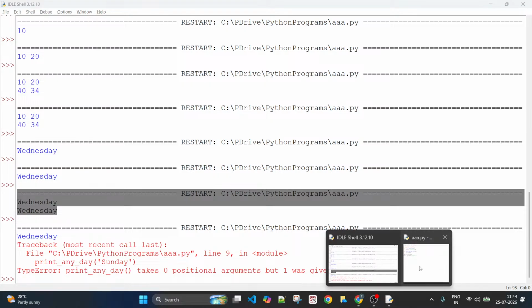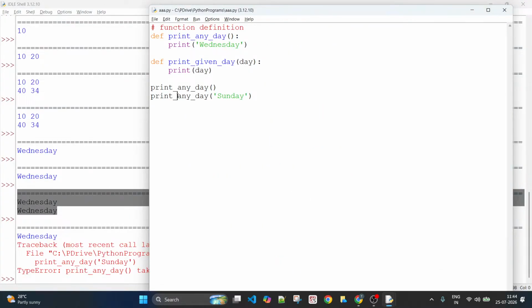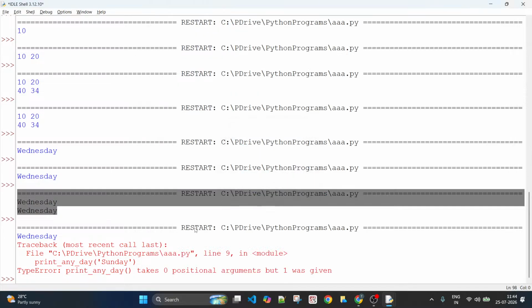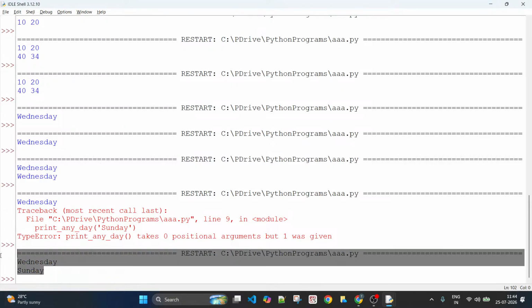I made a mistake. This is not any day, but this is given day, right? The function name is given day. I am supposed to call this function. I'll come to that error again because I have to explain that error anyways. So you see Wednesday and Sunday are the